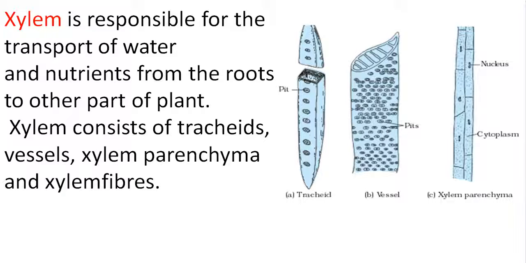First is the vessel, which is the pipe-like structure. Vessels are basically dead and have a lignified thick cell wall. Tracheids are long elongated cells with tapered endings. Cells are dead and these transport water through pits. Next is parenchyma. These are living cells. They store food and nutrients. Lastly, sclerenchyma are dead cells and they provide mechanical support to the plant.